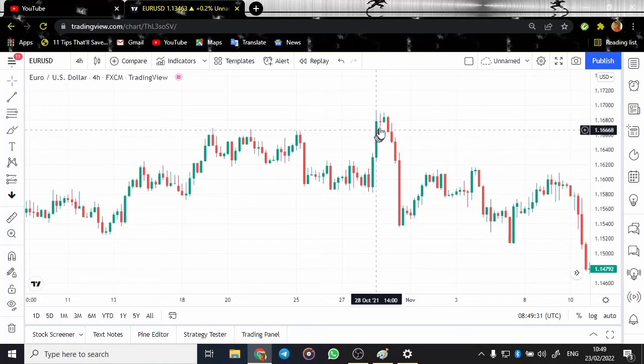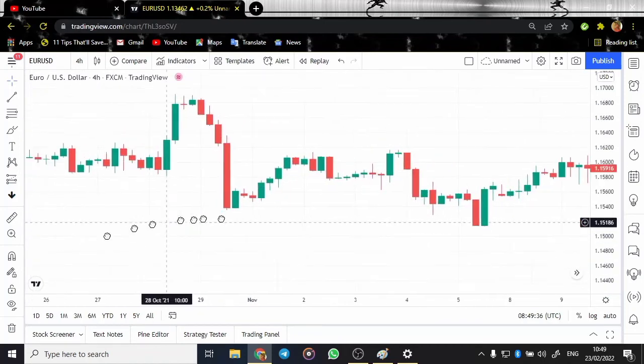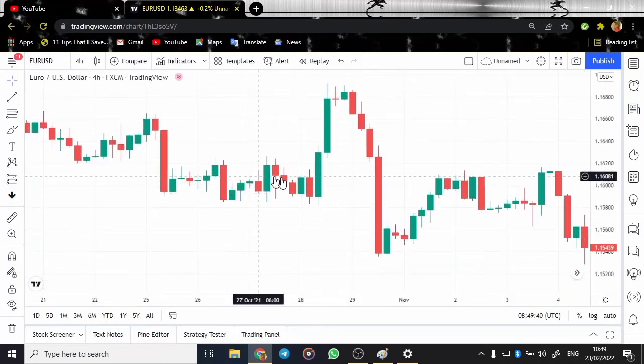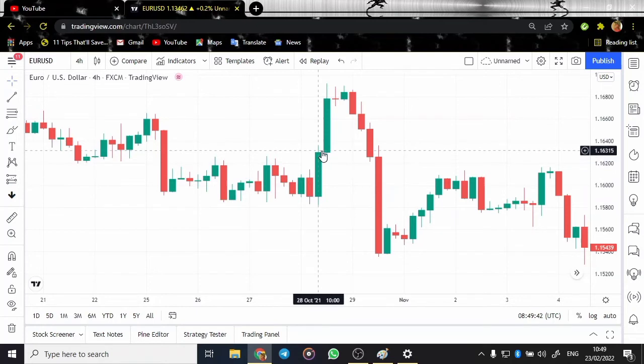Look what happens after it forms right here. Let me zoom in a little bit so you can see it. So this market went up from here, large green candlestick, large, but when you go to this point, we have this